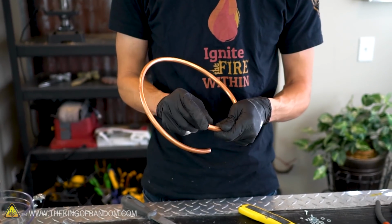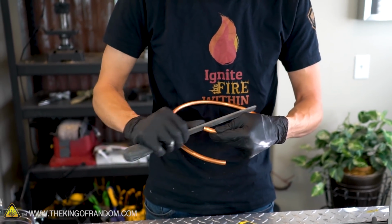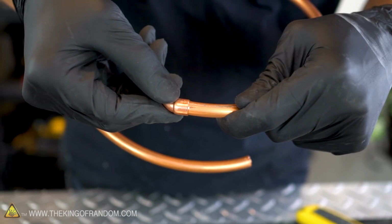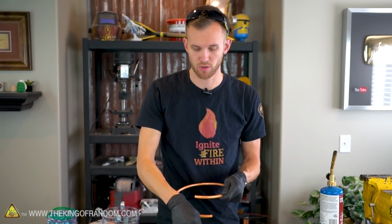There we go, we have a much cleaner edge on this now. Let's just take a file and clean it up a little bit more too. If we've cut the end of our pipe off nicely, it should fit into the end of our elbow piece. Perfect. With the end of our pipe cut, we now want to bend it into a circle with a diameter